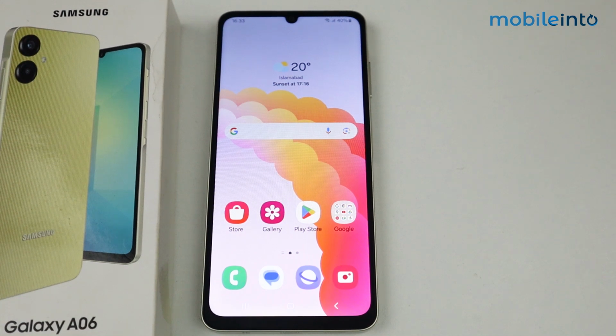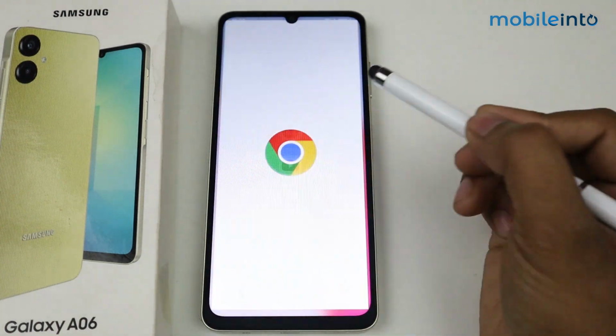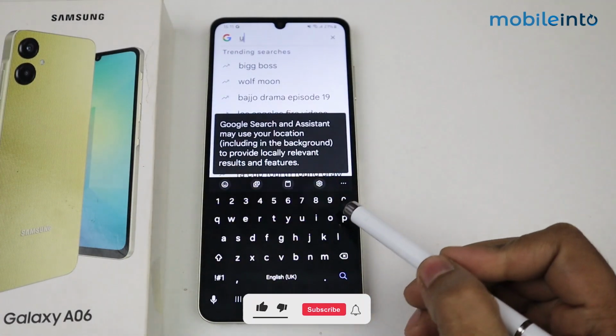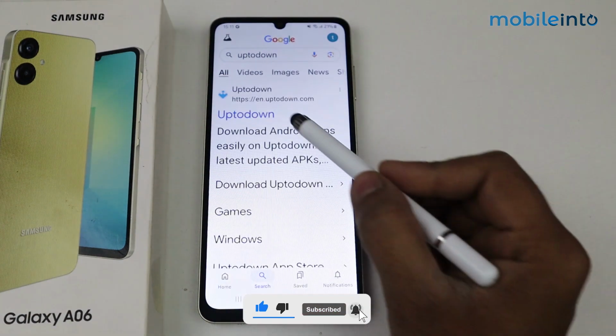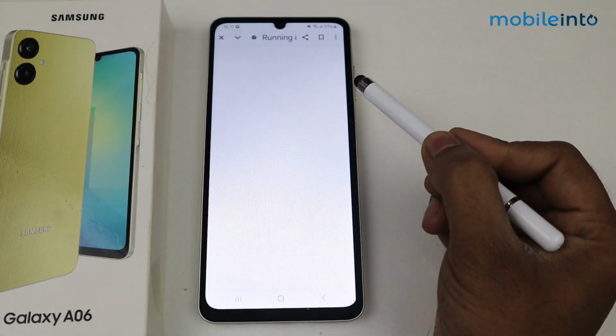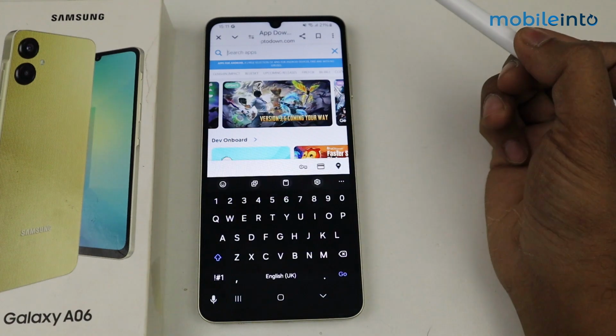Hello, in this video I'm going to show you how to show FPS meter on Samsung Galaxy A06. Simply go on Chrome, search here up to down, tap on this website, simply search here